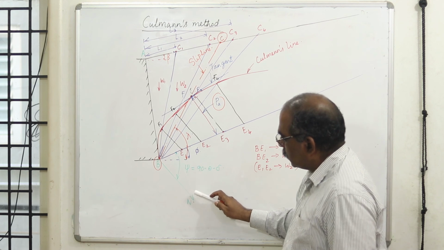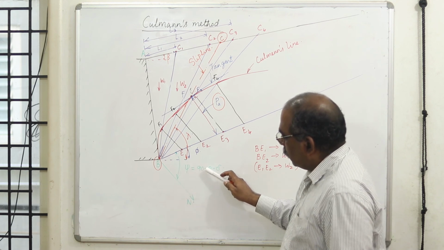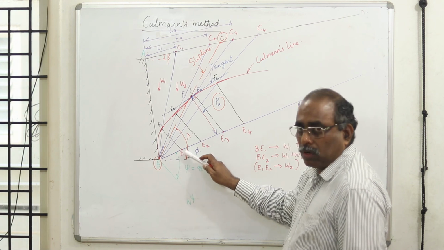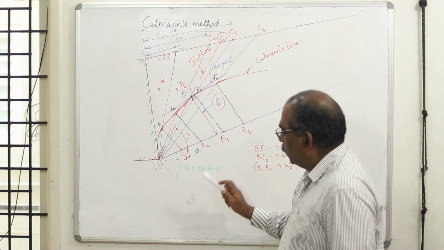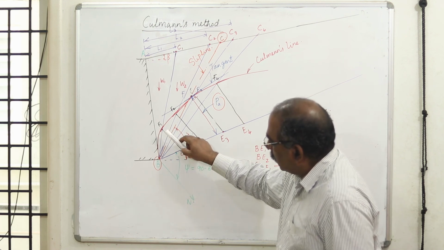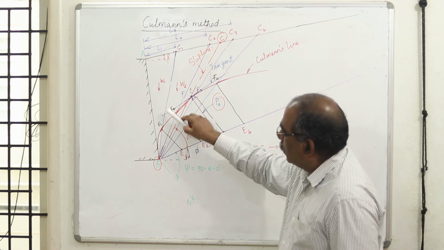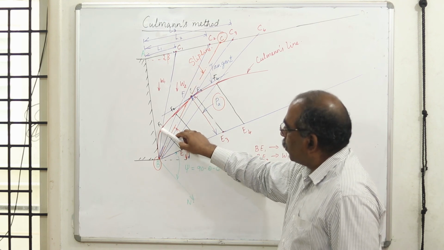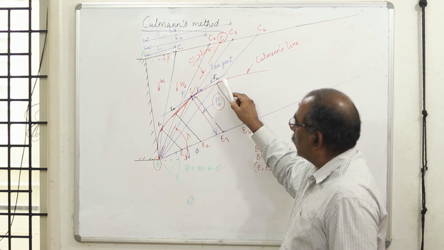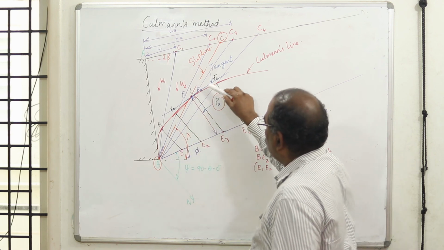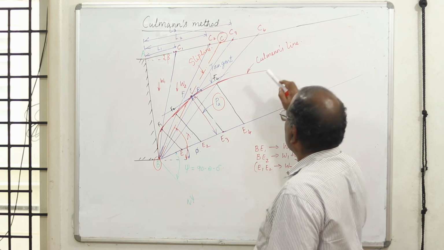The side line is nothing but at an angle 90 minus theta minus delta from your phi line. It is not with respect to the horizontal. There you get your side line. A parallel line to the side line, if you extend it, cuts the wedge line which is considered here. You get the points F1, F2, F3, F4 like this. Then after getting this, I join all the points, I get a curve which is called the Culmann's line.